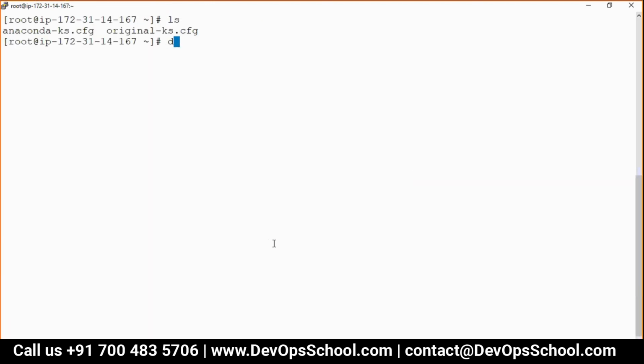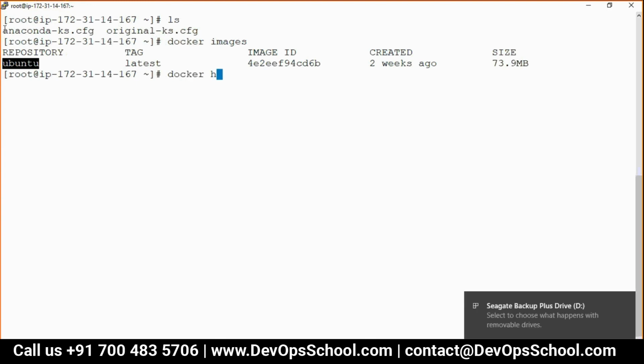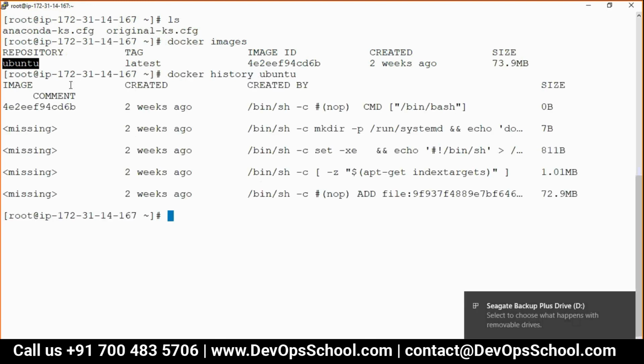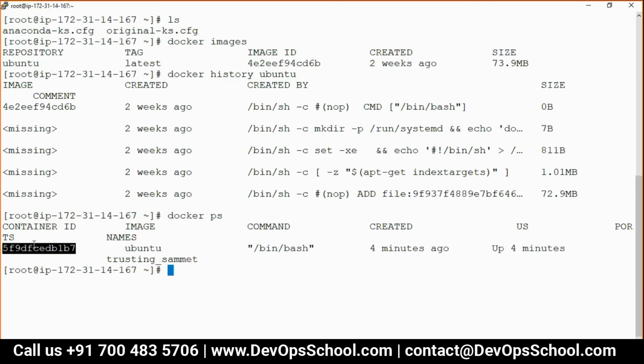What do we do in this case? So now remember again, images. Which image? Ubuntu. How many layers are there? Docker history. How many commits are there? History. See here. This is the last commit ID. So can I create one image from this container? You see here, from this container I am creating an image. How? Docker commit. Give me the message. It has Ubuntu plus update plus Git plus Apache. I'll give you the right message.